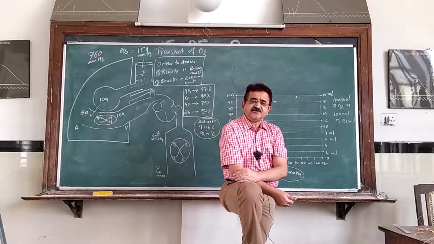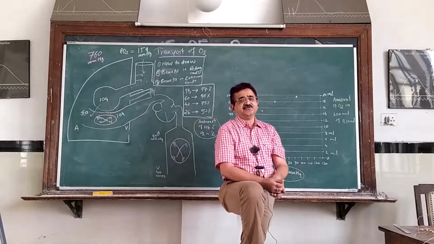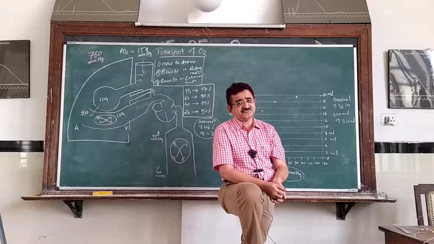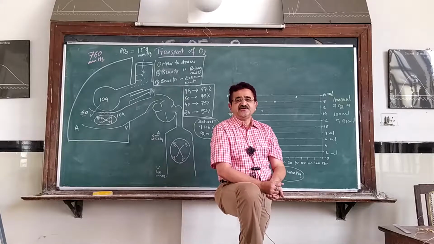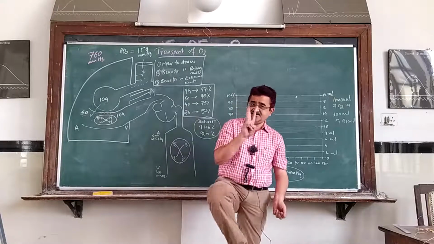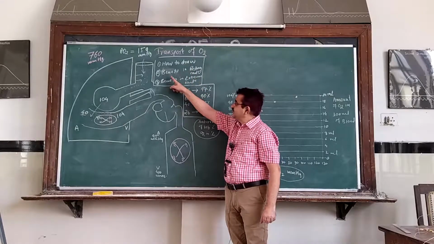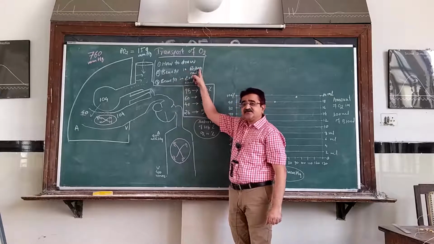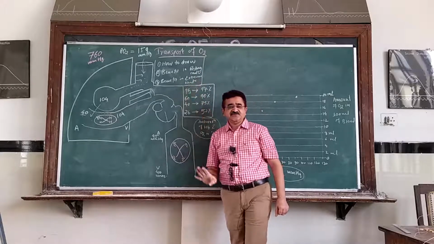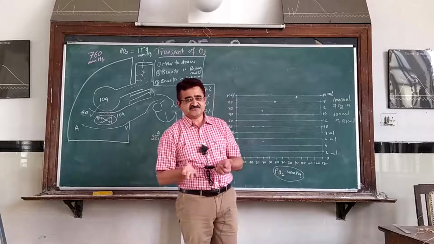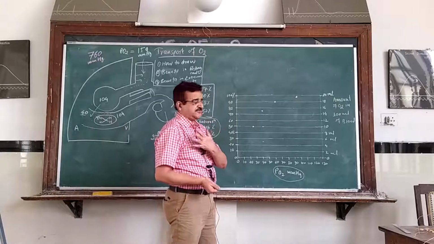Now how does it affect, and what is this relation with oxyhemoglobin? This is well explained by a curve, and the name of the curve is the oxygen hemoglobin dissociation curve. We discuss this curve under three headings. Number one, how to draw this curve. Number two, what is the benefit of this curve in the resting state? And number three, what is the benefit in extreme conditions, for example, in exercise? So this is how our discussion of the curve will go.